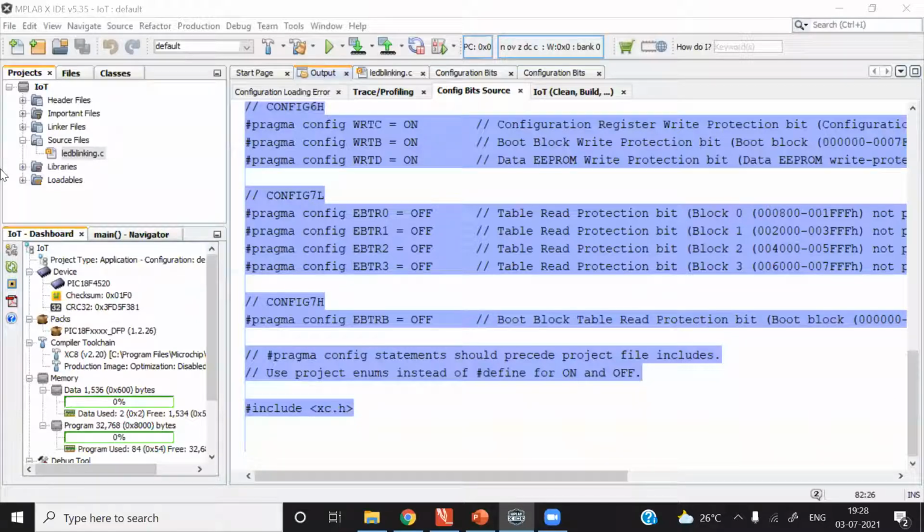One question is related to Proteus. We can use a 330 ohm resistor in Proteus, and it will show light. But let me tell you, when you practically interface an LED to a port pin with a 330 ohm resistor, your LED may burn. Intensity will be too high. The limitation of Proteus software is that it does not take into account resistance value for LED properly. In the actual PIC development board which I have developed, for the green LED I am using a 1K resistor and for the red LED I am using a 2.2K resistor.